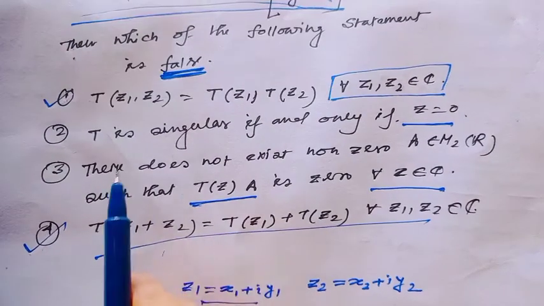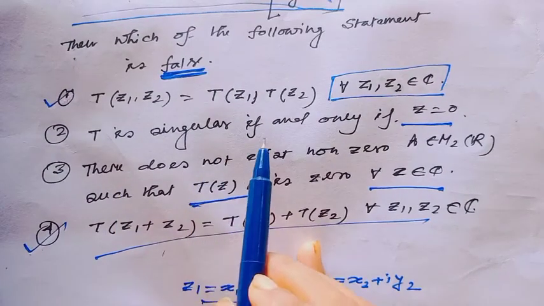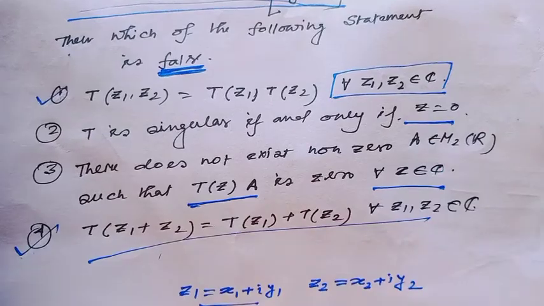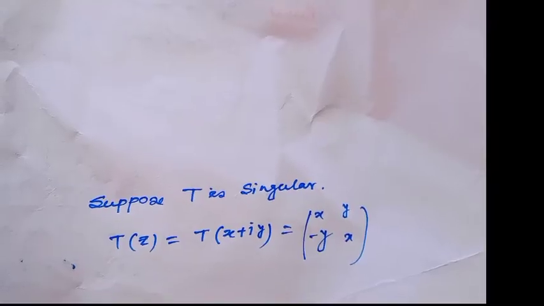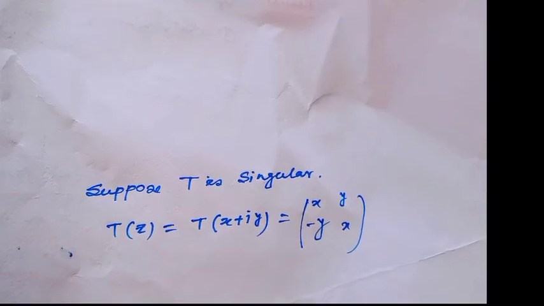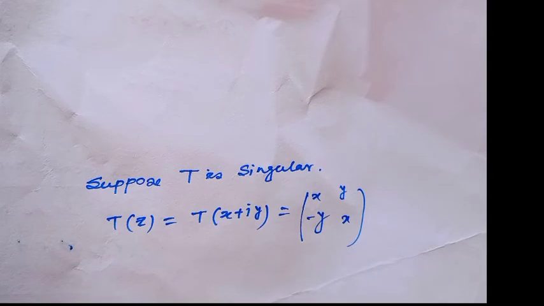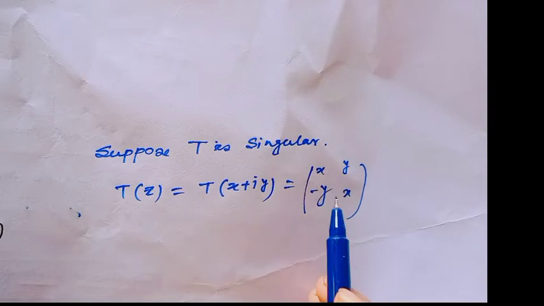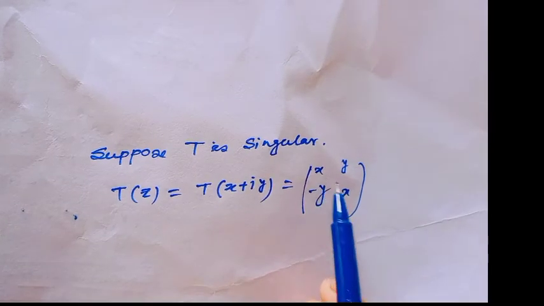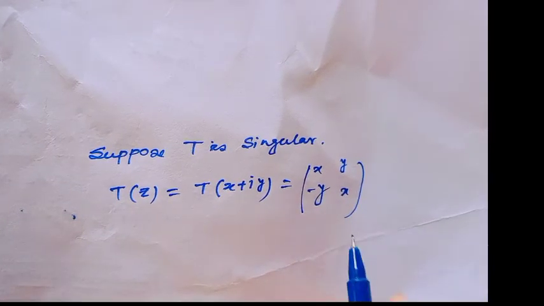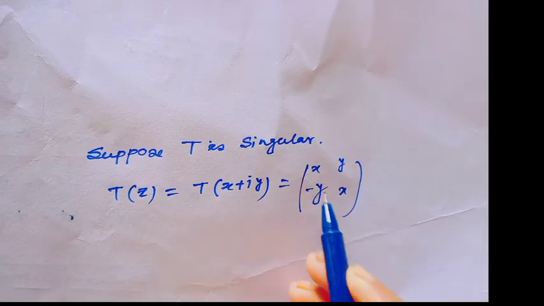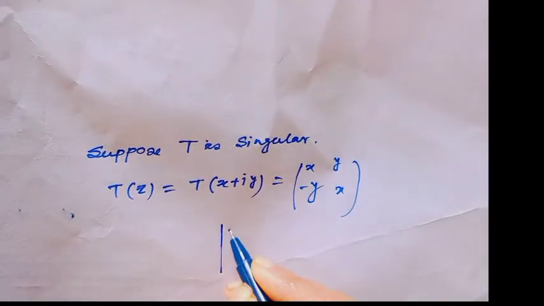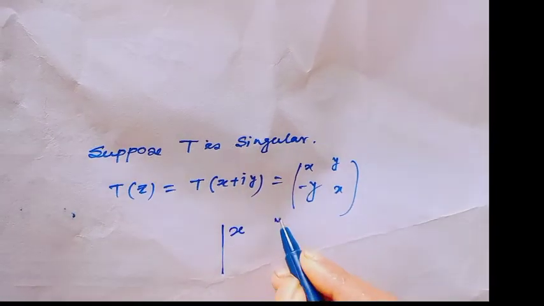Then option 2 indicates T is singular if and only if z equals 0. A linear transformation is always singular when the determinant of the associated matrix is 0. That means we have to prove the determinant of this matrix is equal to 0, since this is the linear transformation. So the determinant of this matrix